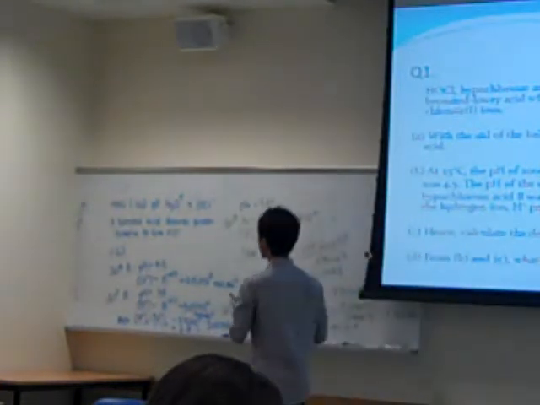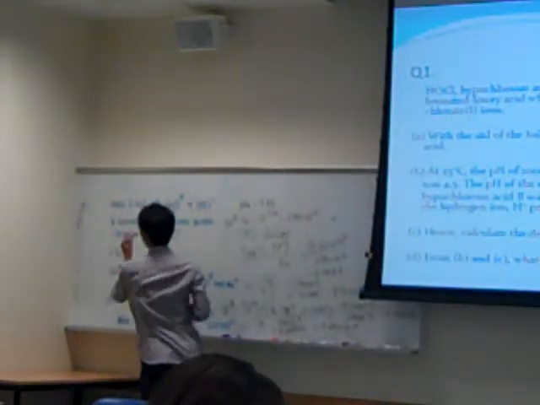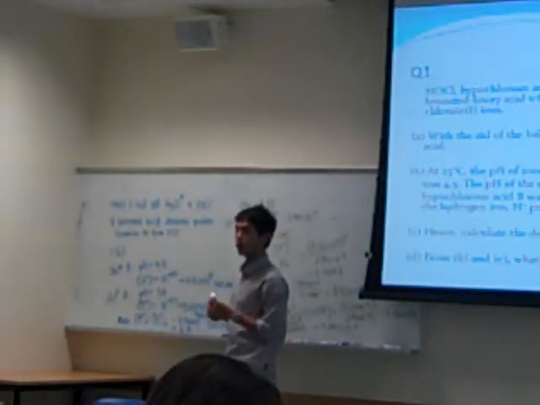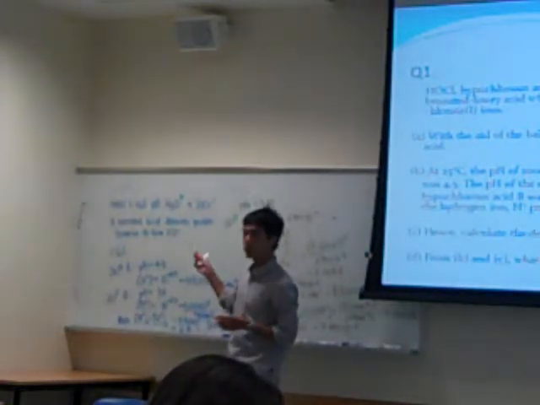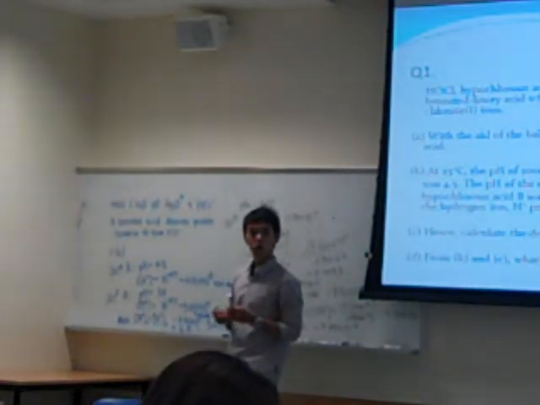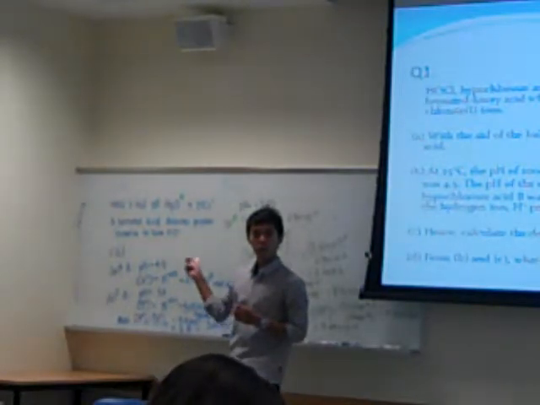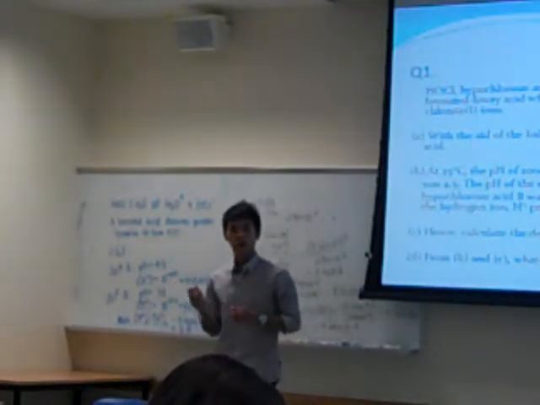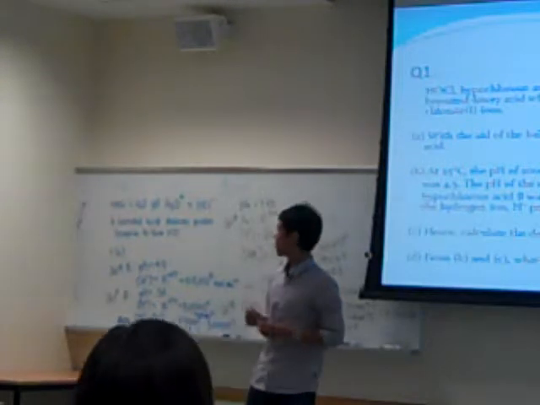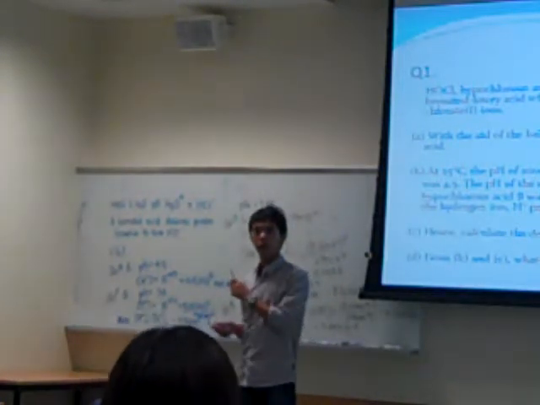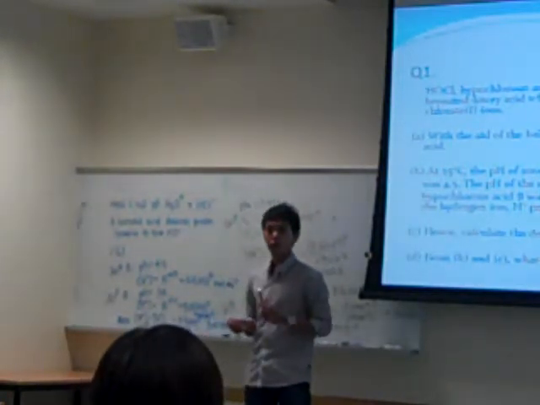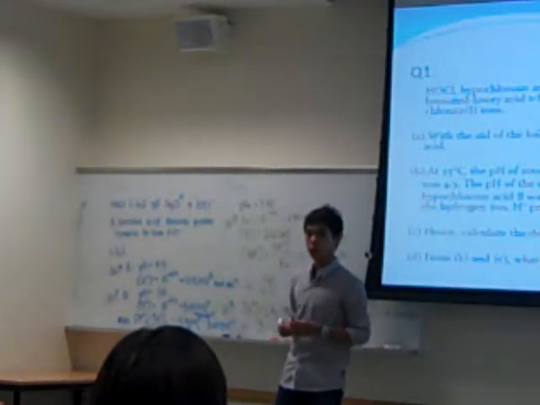Also, looking at this equation here, is there any change in oxidation state for the chlorine atom? How about Pratik, why do you say no? It remains as +1. Okay, +1. So remember this is an acid-base reaction, so there's no change in oxidation state. That's for a redox reaction.